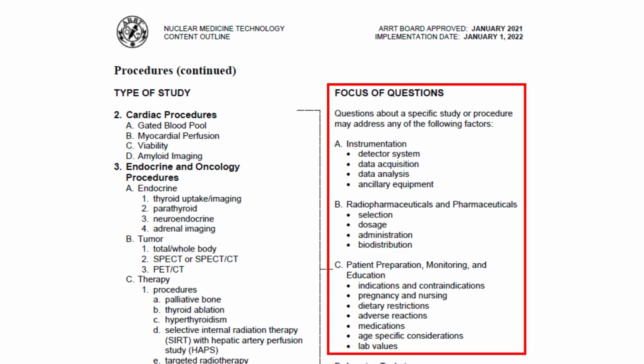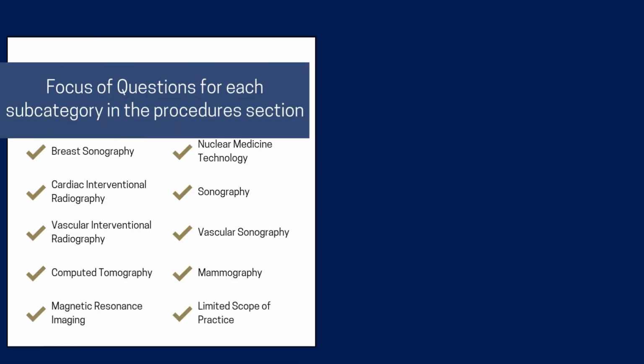When you look at the procedures section of the content outline, you may see something called focus of questions. Sometimes it's a detailed paragraph at the beginning of the section. Other times, it's a specific line for each subcategory. These sections provide additional context, calling out things like anatomy, medical devices, or other important details that are specific to the discipline. There are 10 disciplines that include a focus of questions section for each subcategory in the procedure section: